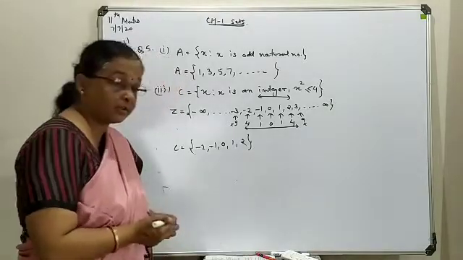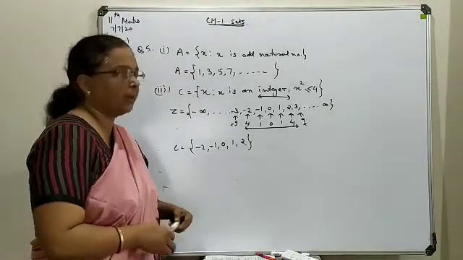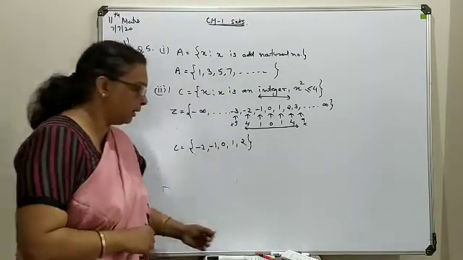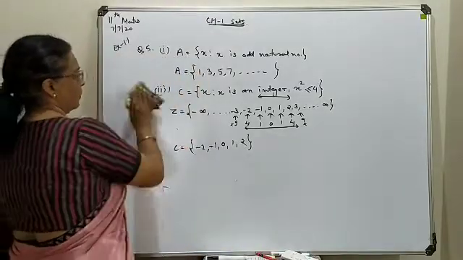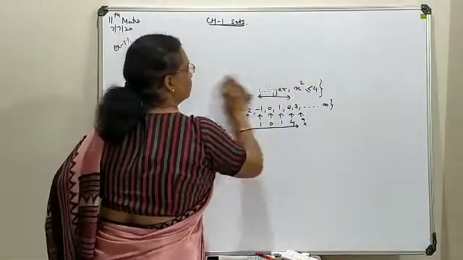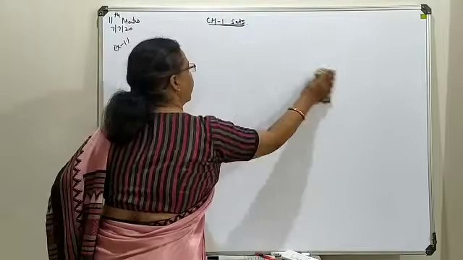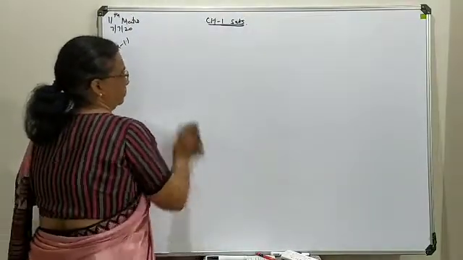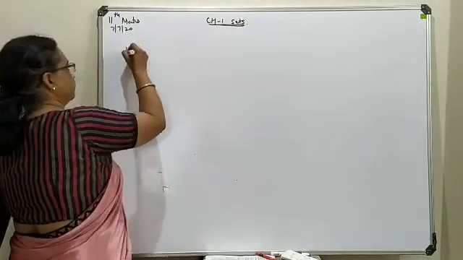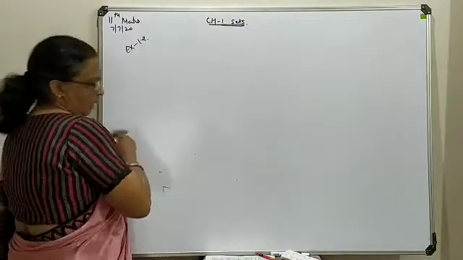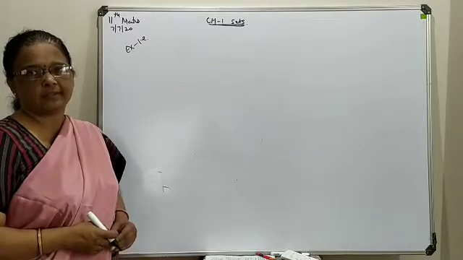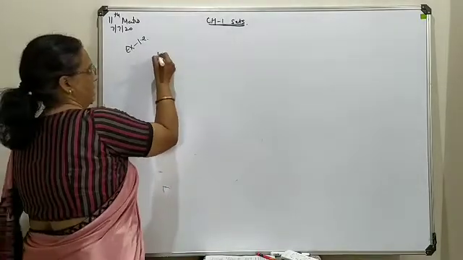So now we move to the next topic, in which we are going to discuss different types of sets, like the empty set, finite set and infinite set. First we talk about the empty set or null set. It is related to the next exercise 1.2. First we talk about the three different types of set, that is empty set or null set, finite set and infinite set. So the first one is your empty set,